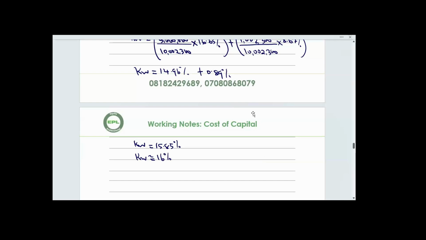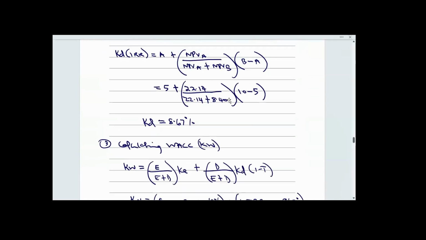So add these two together, that's what you are going to get. So yes, Mr. Atlisa, go ahead. You raised your hand. Observation from this cost of redeemable debt: I calculated and it gave me 8.62 instead of 8.67. You get what? 8.62 instead of 8.67. Okay, maybe my own. Yes, it's correct.